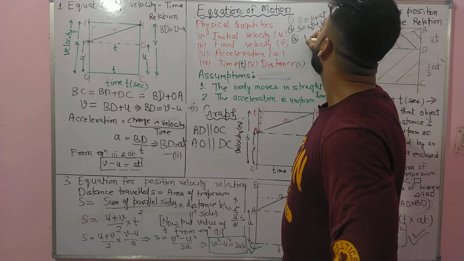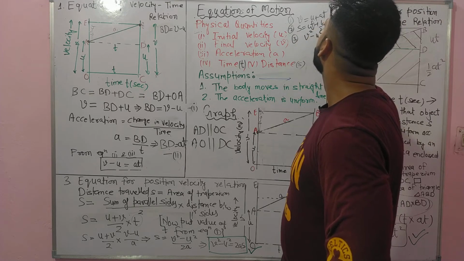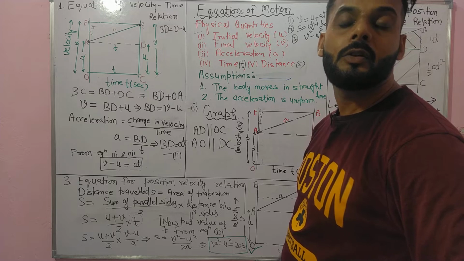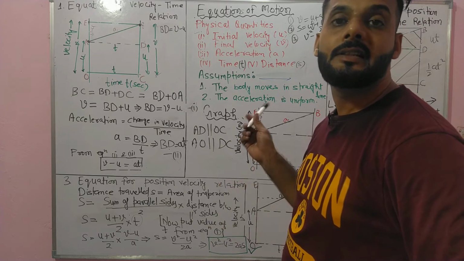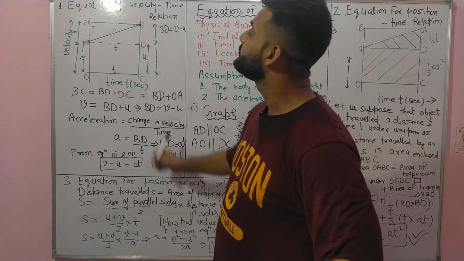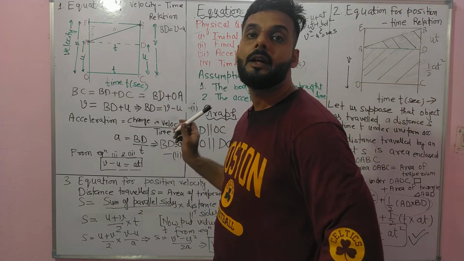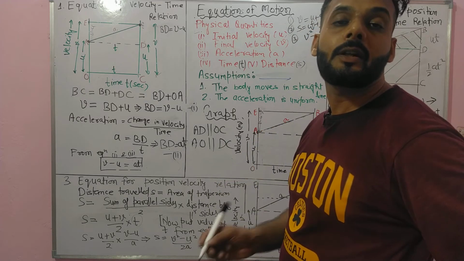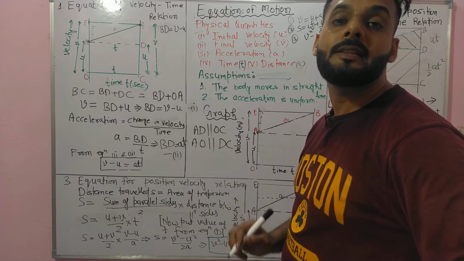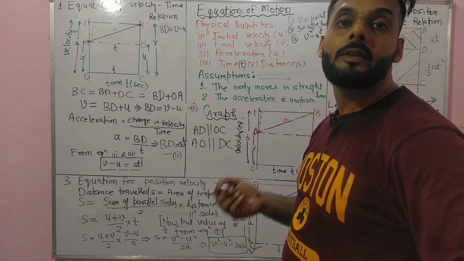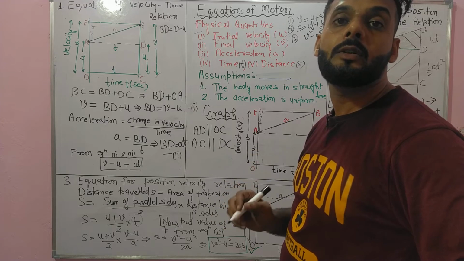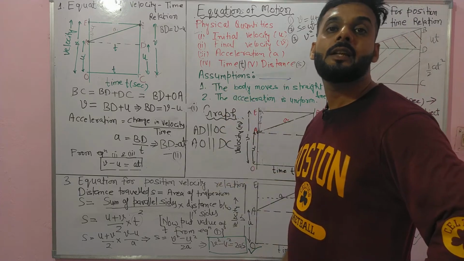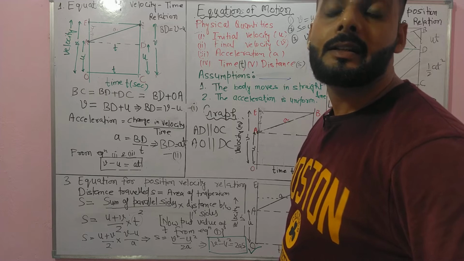और थर्ड वन है यहाँ पर v स्क्वायर इज माइनस u स्क्वायर इज इक्वल टू 2as. These are the three equations of motion. So we will derive three equations of motion from the velocity time graph, and all of the three equations will derive from the same graph. We have to take 5 physical quantities and 2 assumptions. With the help of 5 physical quantities and 2 assumptions, and with that graph, we will prove all three equations from the same graph. Let's do it.